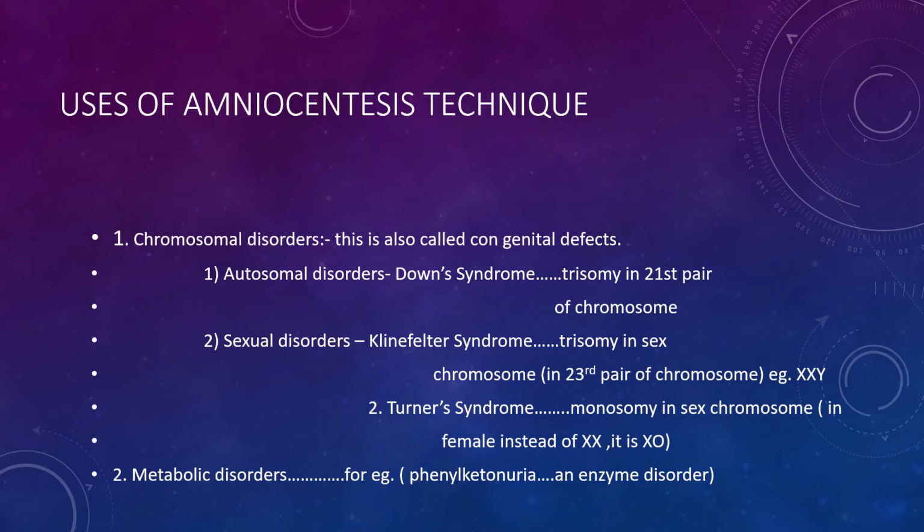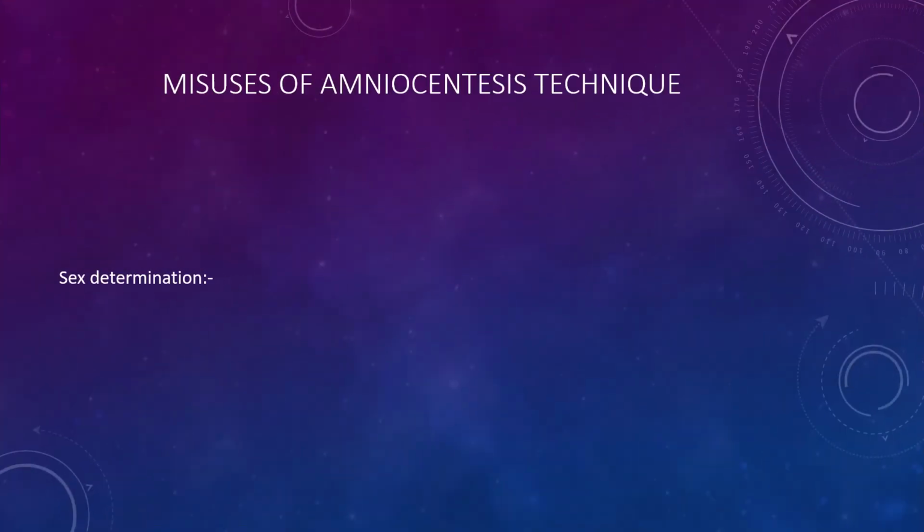As I told you, nowadays it is very much used. But why is it used so much? There is a bitter side of this technique also. What is that bitter side? That is sex determination. How is it possible to determine the sex? As I told you, with the help of this technique, we are able to get the graph or the karyotypic arrangement of the growing fetus. Karyotypic arrangement means the